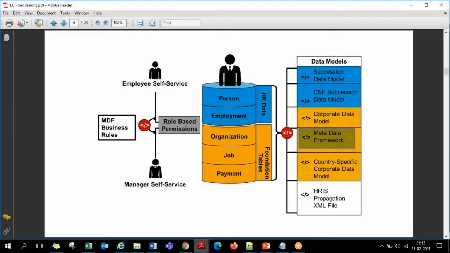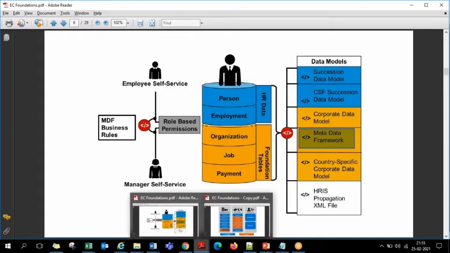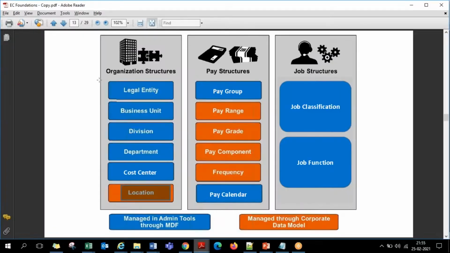I have to say almost 75% or 80% of the corporate data model today has been brought to the front end. That is why the 80,000 lines of code have been reduced to 32,000 lines of code. As for the remaining 40,000 additional lines which used to be in XML and are now not present, all these objects were supposed to be in the XML initially. The way you see location object screen fields on the XML, the pay range, pay grade, all these object screen fields you are seeing in the provisioning.